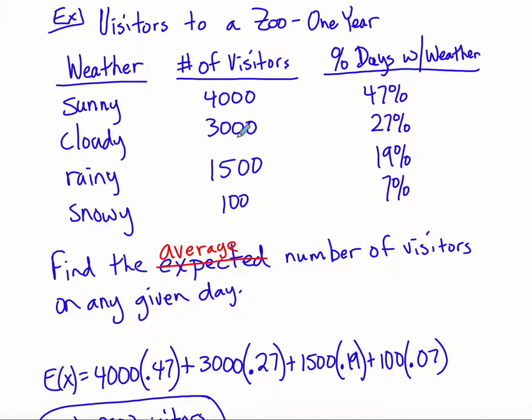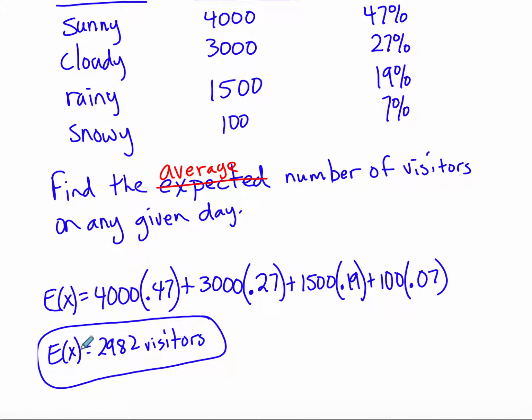So what you're going to do is take the 4,000, which is how many you expect to get, times the 47%, which you changed to a decimal. The 3,000 times the 0.27, which you changed to a decimal. The 1,500 times 0.19, and then 100 times 0.07. You're going to multiply those numbers together, then add them up, and whatever number you get is what you expect to get. So you expect to get, on average,